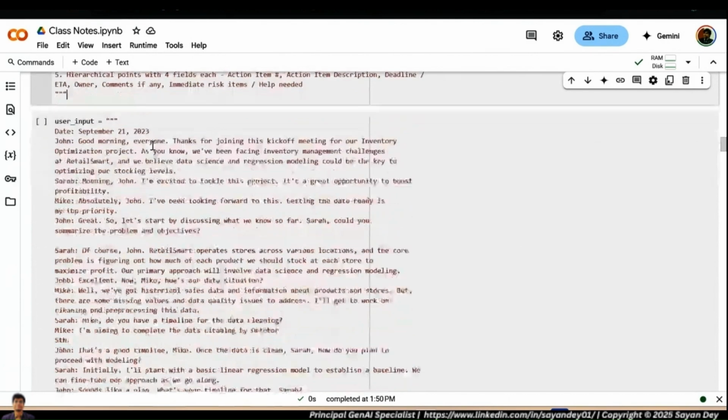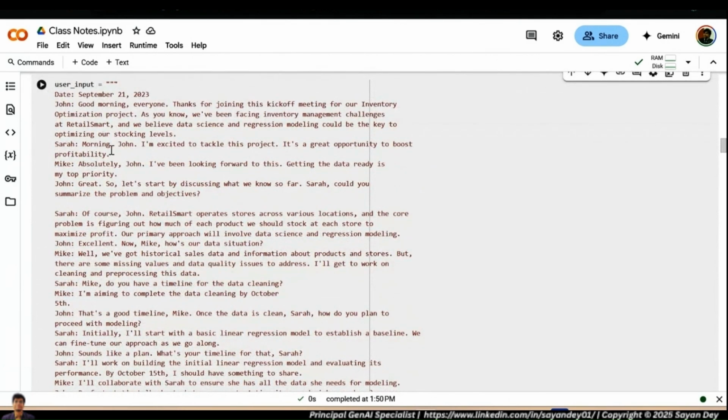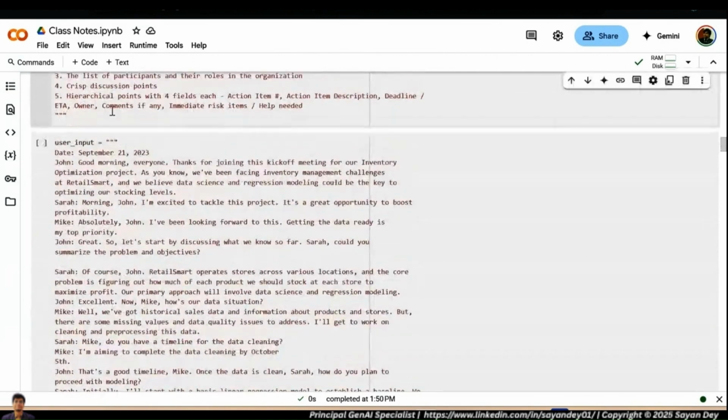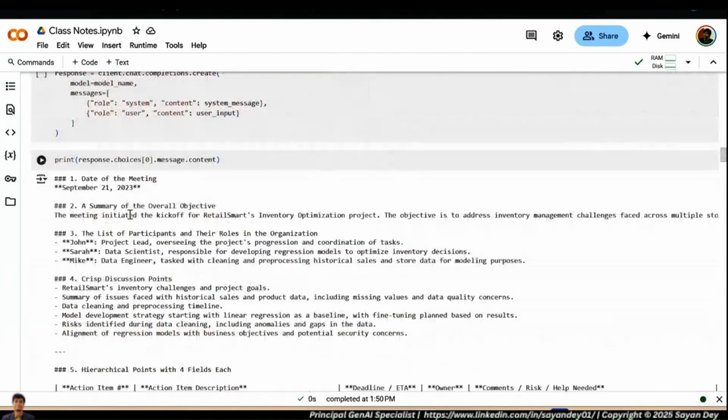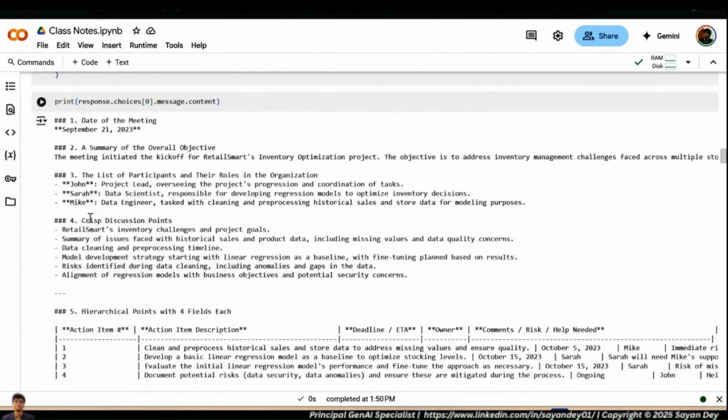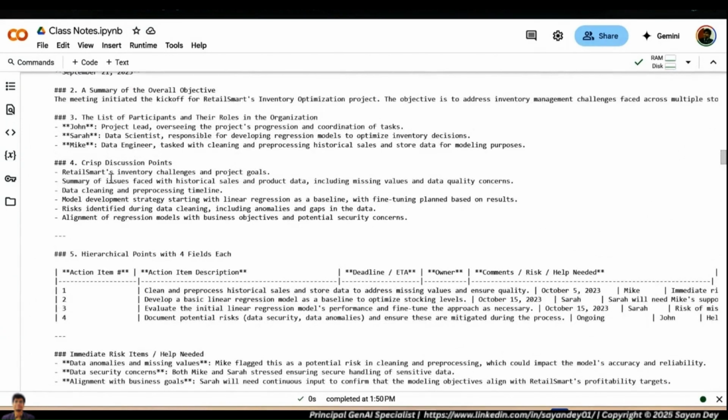The user input is basically the complete transcript that we talked about, with John and Sarah. Mike was also there. So this is the system message, this is the user input, and based on that, this is the assistant response I'm getting. You can see we're getting a pretty detailed and a pretty crisp summary of the whole meeting. This is the kind of output that you are able to see. All right. Now,